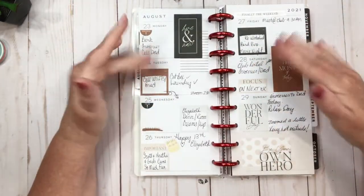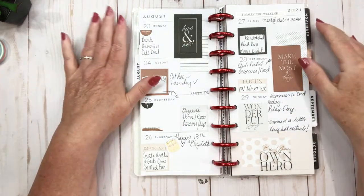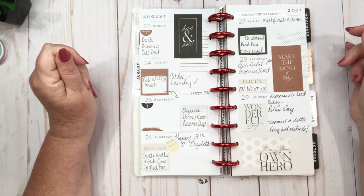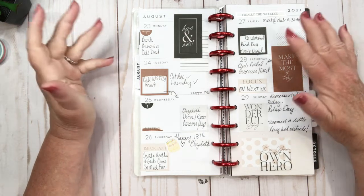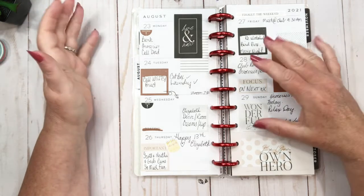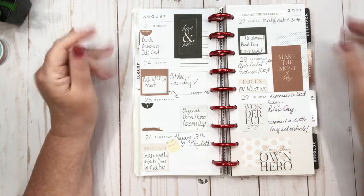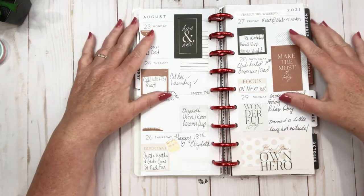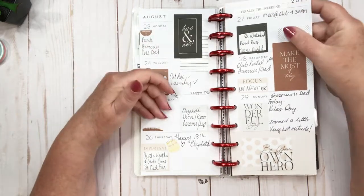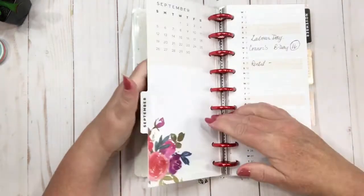So that's why I did this box spread. And you know what? I didn't hate it. It turned out okay. I don't have anything bad to say about it other than, again, my handwriting was a little cramped in different spaces, but it was a fun spread to do. So with that said, that's the end of the month, well, the 29th. So I'm just going to go into September so you can see